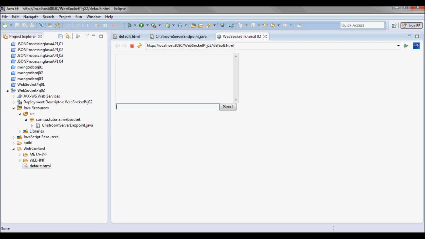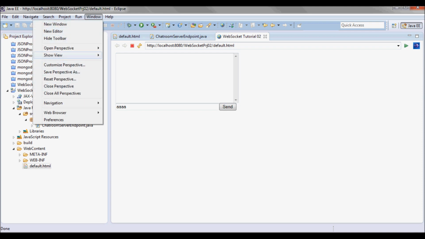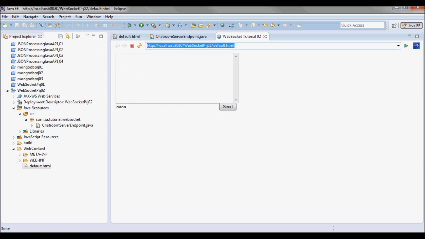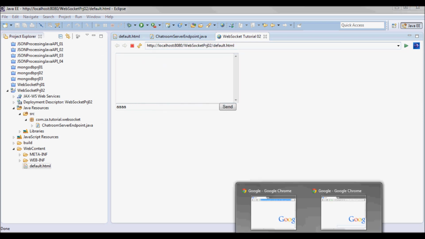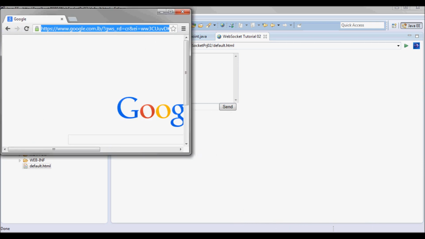Okay, so let's say the username is AAA. And it's not gonna work on this browser, so let's do this. Let me copy this, and I'm gonna open up two Chrome browsers.